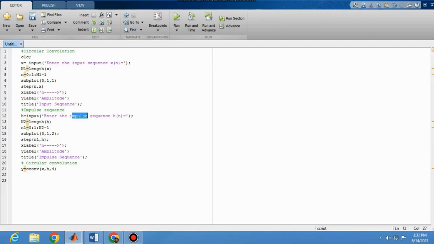In this method we can calculate circular convolution by the command cconv, whereas to perform linear convolution it is conv, right? That we have seen. In linear convolution we had taken only x comma h. Here we have an extra 4. We are giving the extra 4 as the input and impulse length. This 4 indicates the input and impulse length, which should be decided manually. Both the input and impulse sequence should be the same length. And next one is n2 equal to